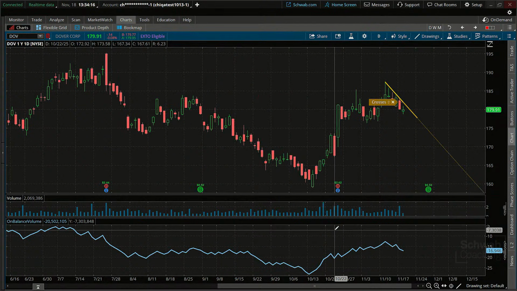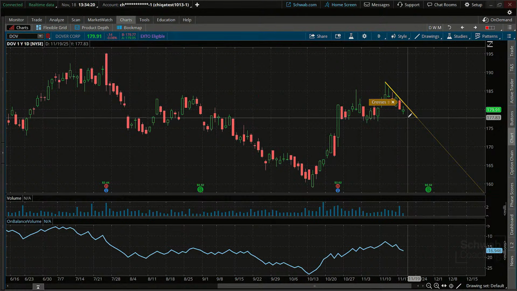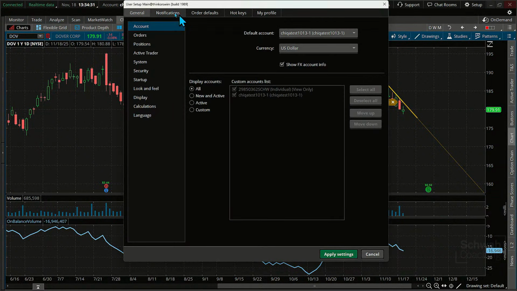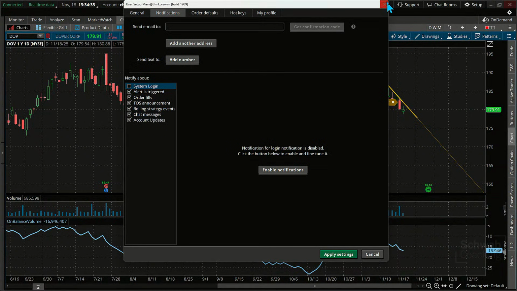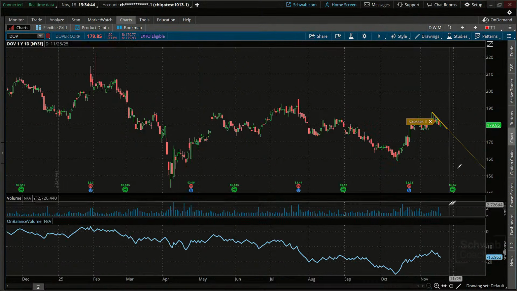You guys got it? I don't have a signal here just yet. I like to put trades in, but I'm fine putting them in tomorrow or the next day if it breaks. Now, to get that to text you or to email you folks, just go to setup, application settings, go right over here to notifications right there, and you can plug that in, right? Your email, etc. Okay, your text message. But those two I've got. And so keep that in mind, but that is also one that's quite interesting. Let's continue on. DG.